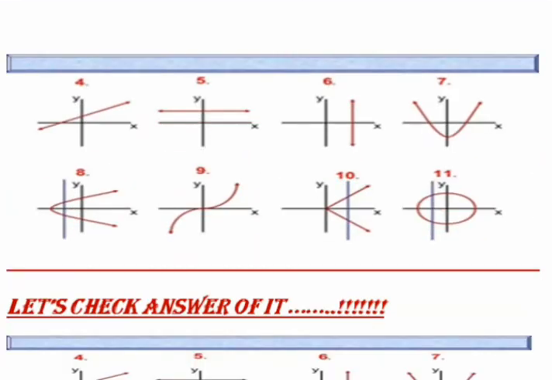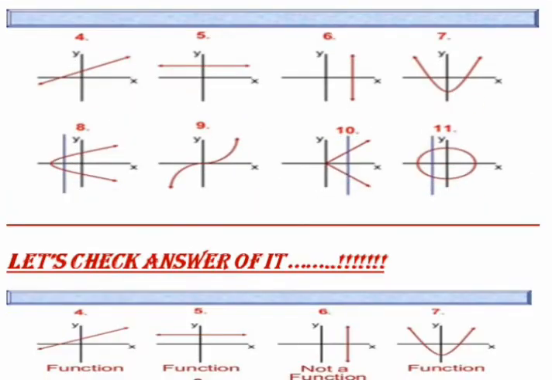Now come to the next example. This is a straight line, so that means it is a function, simple. This is a fixed y at different values of x, so it may be a function, but at different values of y, it gives a single x, so it is not a function. For the same reasons, we draw what kind of graph is said to be a function and what kind of graph is not said to be a function.